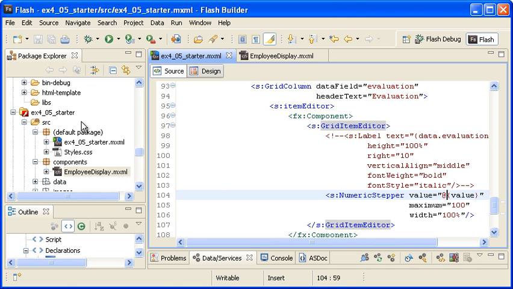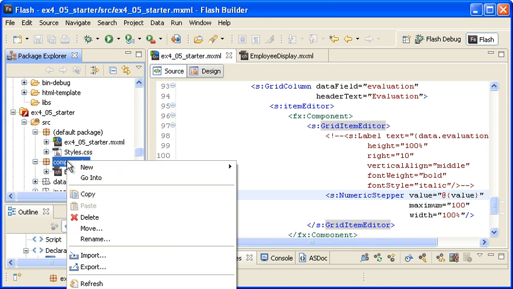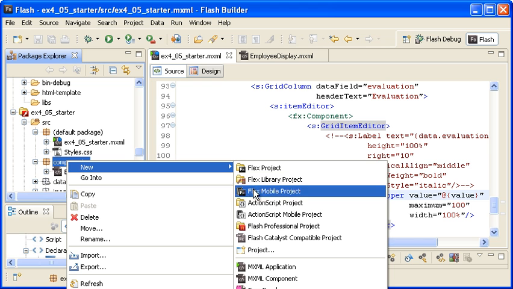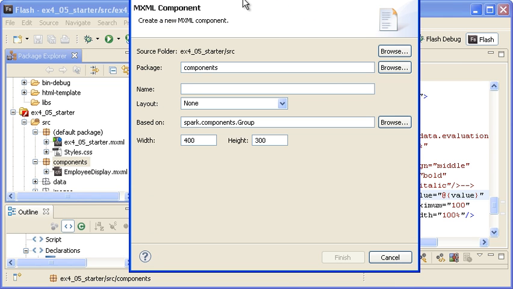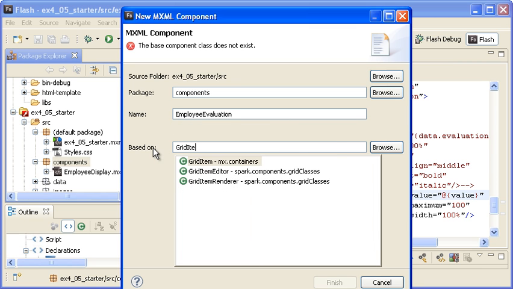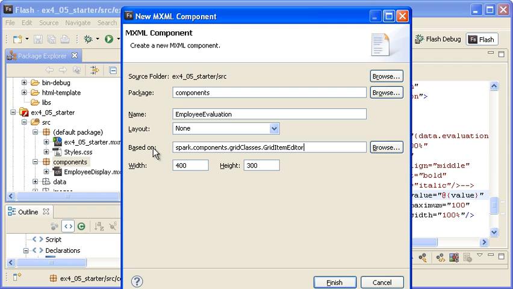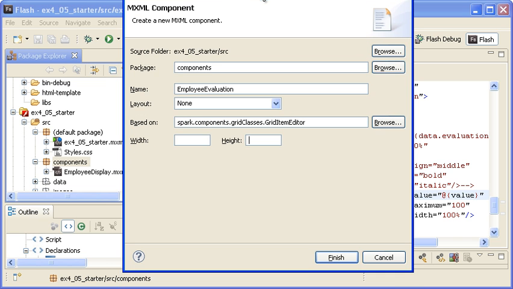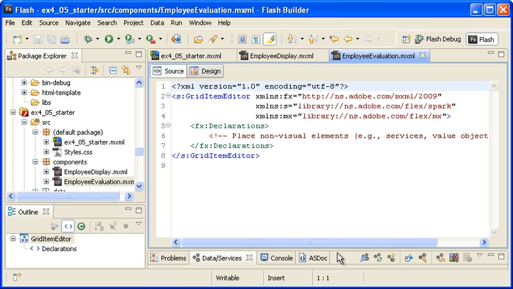Back in Flash Builder, I am right-clicking on the Components package and selecting New MXML Component. In the New MXML Component dialog, I am typing Employee Evaluation for the name. I'm basing the component on the Grid Item Editor class and removing the width and height values. I'm clicking Finish. The new component file opens in the editor view,